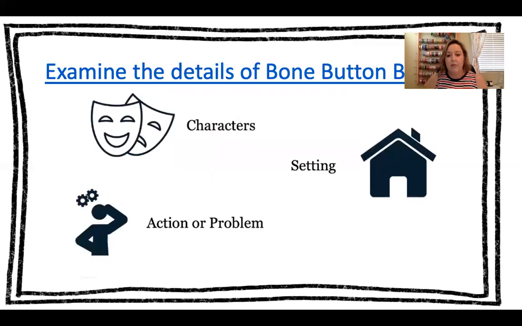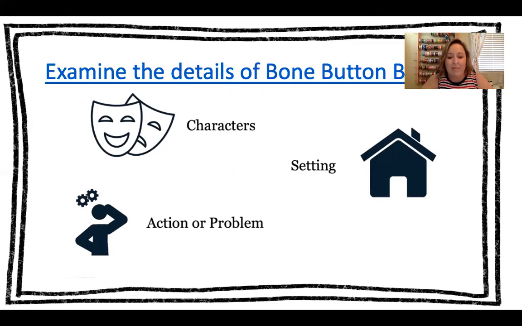Okay, so today we're going to examine more closely the details. So put on your detective hat. We're going to examine a little more closely some of these things in our story. So we're going to think more closely about the characters. Who are the main characters in the story? What is the setting? So if you remember yesterday, we looked at the painting and we talked about the setting of the painting. So today we're going to think about the setting of the book that we read, Bone, Button, Borscht. That's like a tongue twister. Say that 3 times fast if you can.